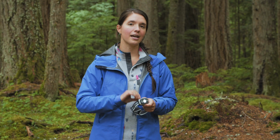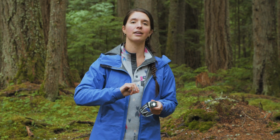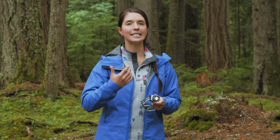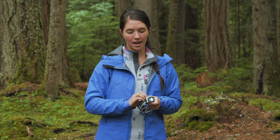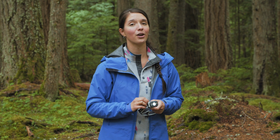The runtime on this light varies. When it's on its highest output setting, you're going to get about 4 hours of runtime, and when it's on its lowest setting, you're going to get 200 hours of brightness. So that's when that memory setting really comes in handy. You can just set it to just what you need to be able to see in that light. That's about it for the Spot 325, and our next category is best headlamp you can get for under $20,